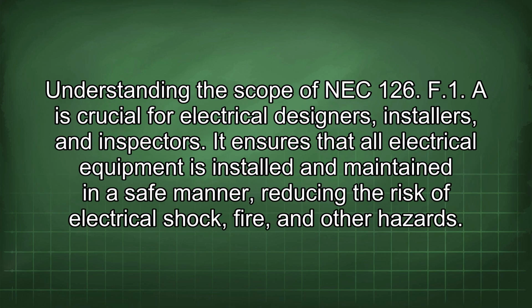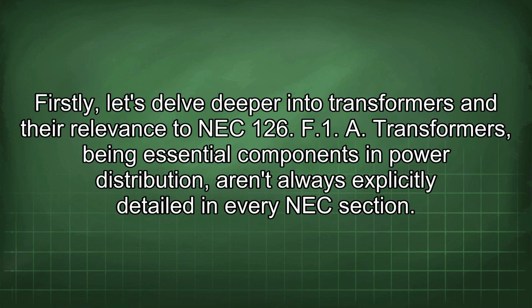Understanding the scope of NEC 126.F.1.A is crucial for electrical designers, installers, and inspectors. It ensures that all electrical equipment is installed and maintained in a safe manner, reducing the risk of electrical shock, fire, and other hazards. Firstly, let's delve deeper into transformers and their relevance to NEC